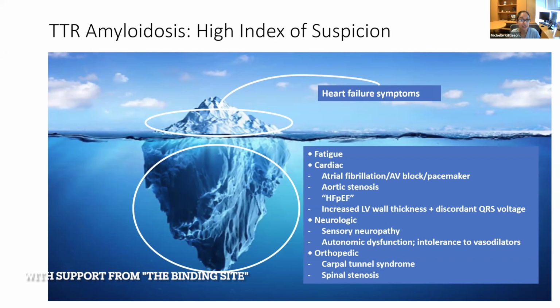There are other cardiac issues that should be red flags: when there's atrial fibrillation, when there's conduction system disease, aortic stenosis, and garden variety HFpEF. In case series of patients with severe AS or HFpEF, about 15% actually have cardiac amyloidosis, a missed opportunity for disease-directed therapy. And the increased LV wall thickness with discordant QRS voltage, neurologic, sensory neuropathy, but